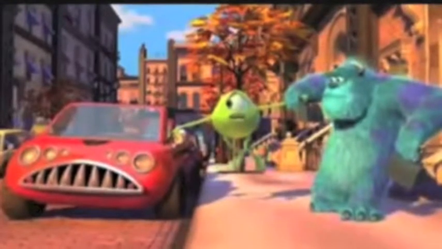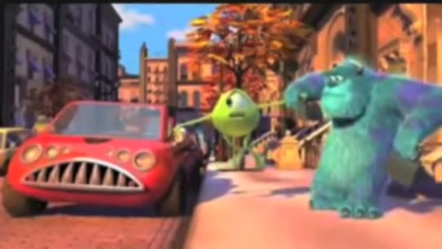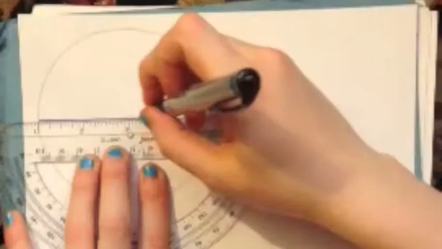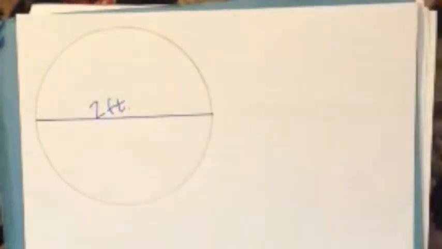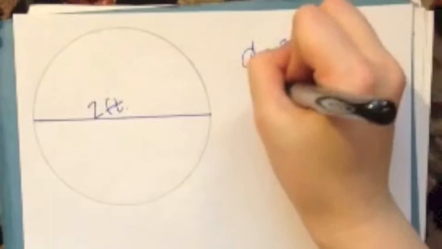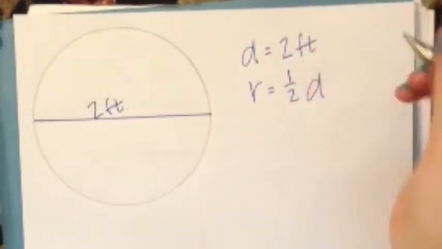As you can see, Mike Wazowski is almost a perfect sphere. And for this, we're going to assume he is, just so we can do the work. Let's pretend the circle is Mike Wazowski, with a diameter of 2 feet. I'm going to write in pen so you can see better. Since we know the diameter is 2 feet, and the radius is half of the diameter, then the radius must